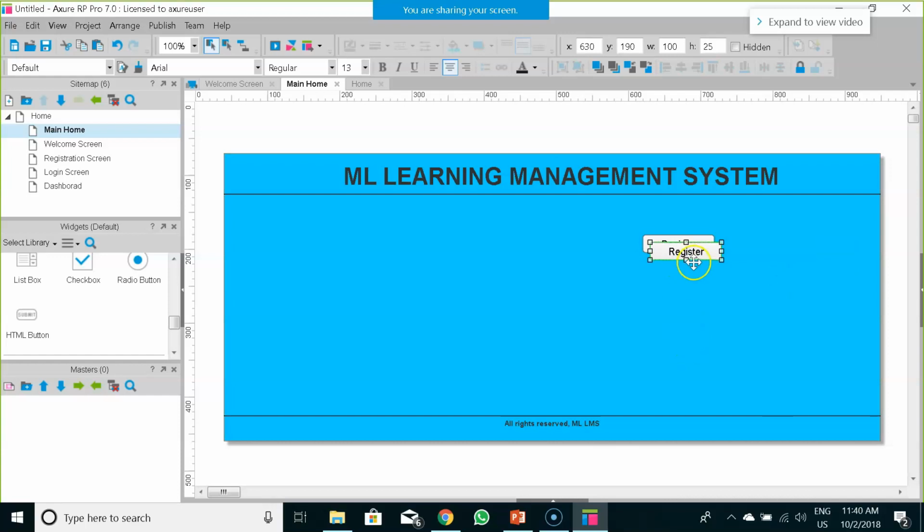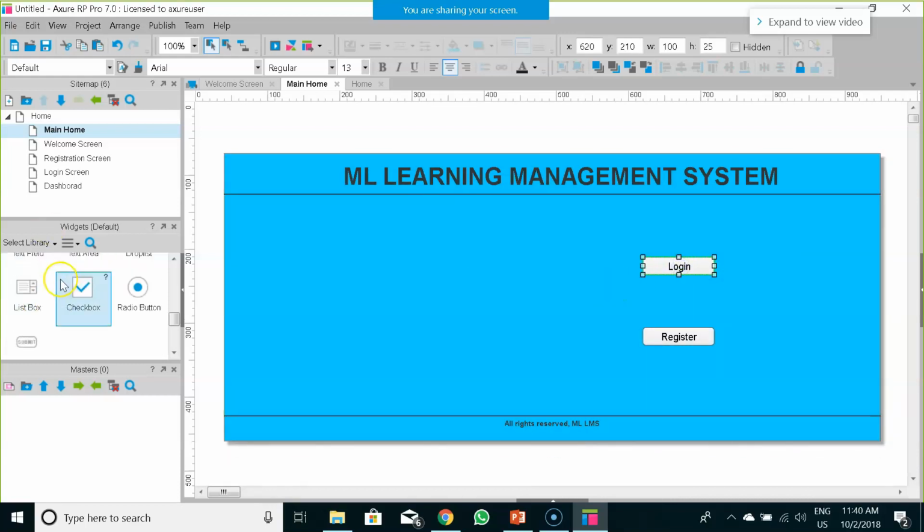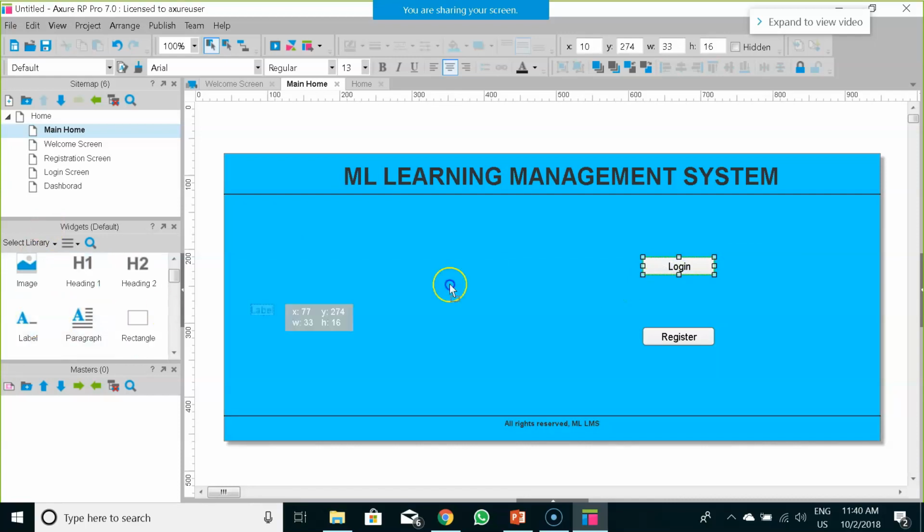Then I would simply copy it and paste it. Add some text that I could do using label.